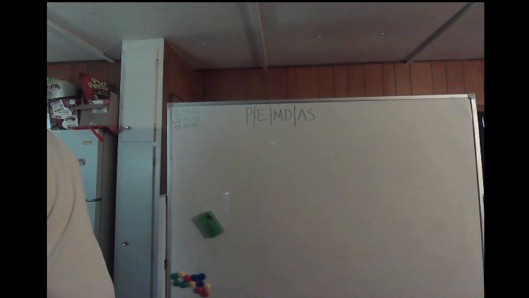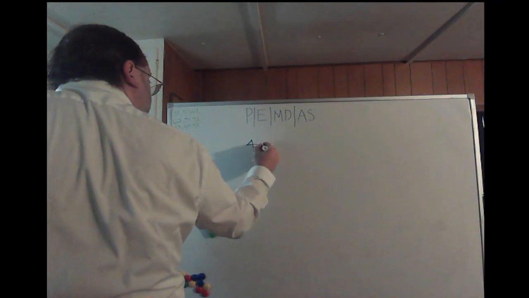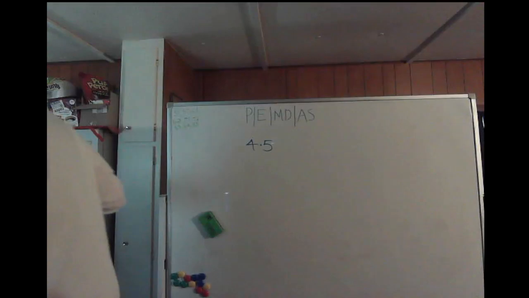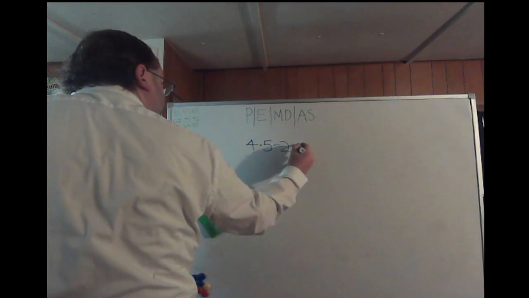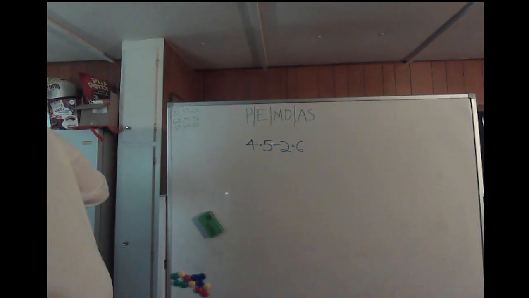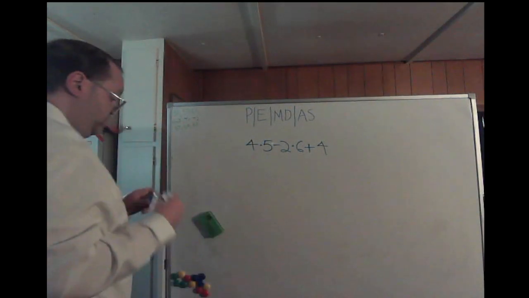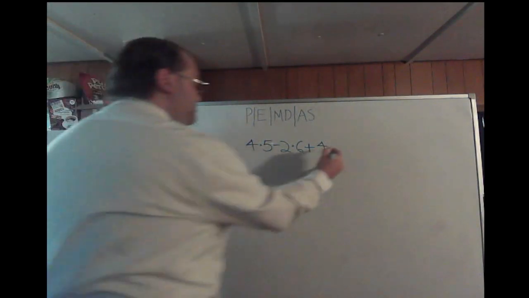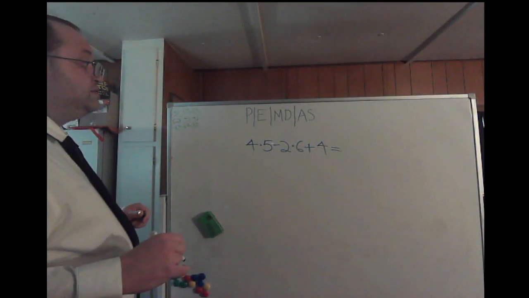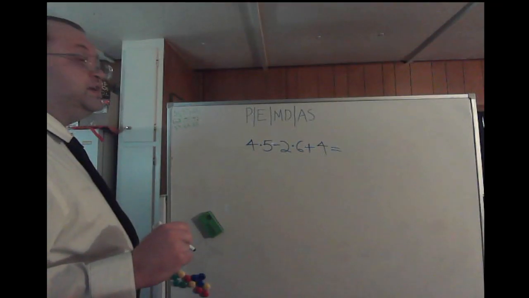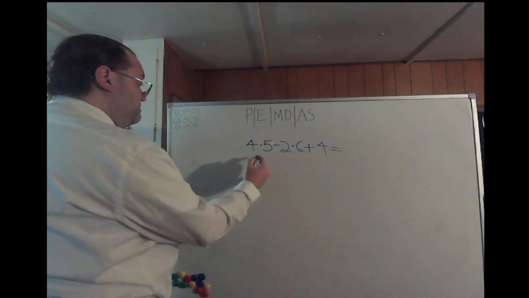Alright, what's the next one here? We got 4 times 5 minus 2 times 6 plus 4. Okay, so we have our equation again here. Let's look for parentheses first. Always look for those first. Do you have any? No. So next look for exponents. Do you have any exponents? You do not. We do, however, have multiplication, in the fact that we have 4 times 5,